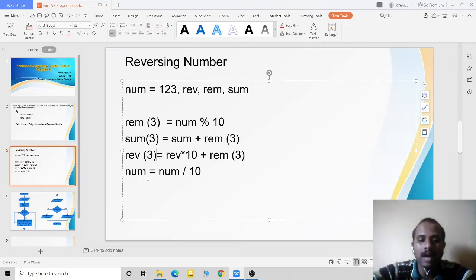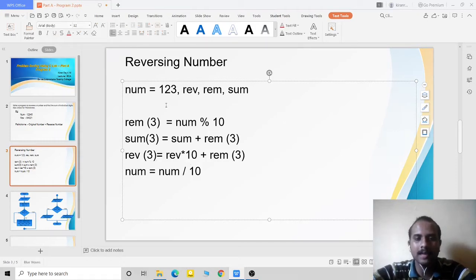Okay. Now what I am going to do? I will remove the 3 from the 123. How to do that? I'll just divide that by 10. When I divide 123 by 10, my answer will be 12.3.